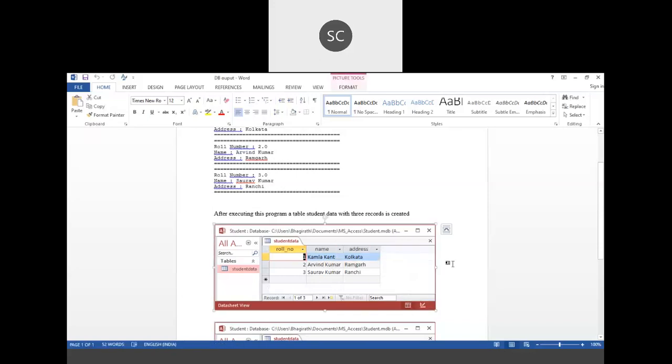So this is how you have to execute. You have to write a program, set up a database connection, then execute it and go to the database and check whether the changes have actually been done or not. Because you can get the output in a command prompt, but the Microsoft Access table should also be updated. So in order to cross check, you need to open the database, open the table and see whether the changes have been done or not. Okay.